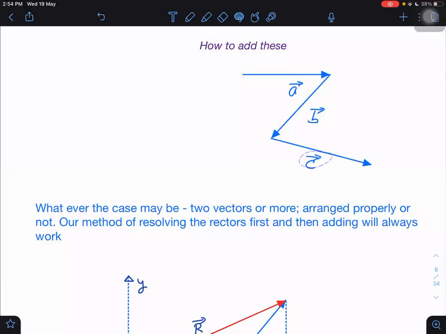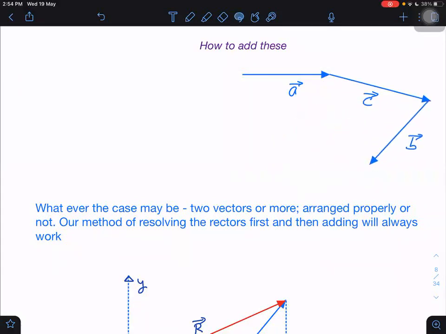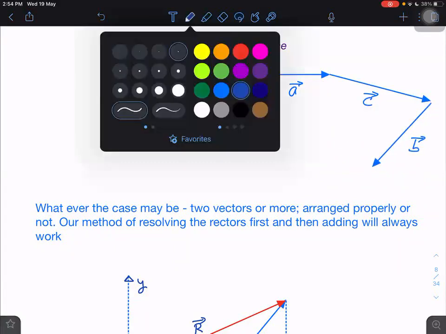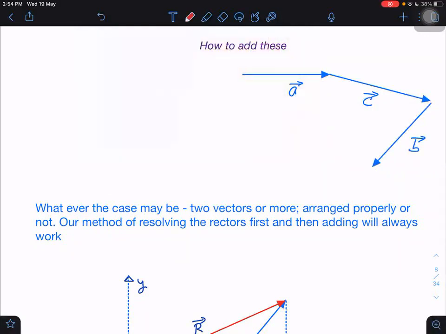Once these are arranged properly, after that I need to make a line. Sir, can we form a triangle, sir? No, we cannot form a triangle. There are already 3 sides, but we can form a quadrilateral. You want to form a quadrilateral? We can form a quadrilateral if you want. Then I will take C that side and I will have to bring B this side. And I will get the resultant taken in the opposite order. What will be the resultant? This vector right here is the resultant. Let us call this vector whatever you want, maybe R. So this is how we get the resultant.